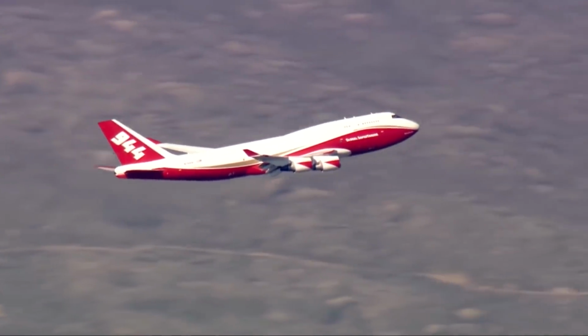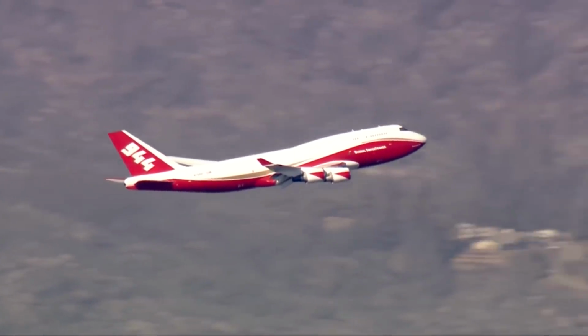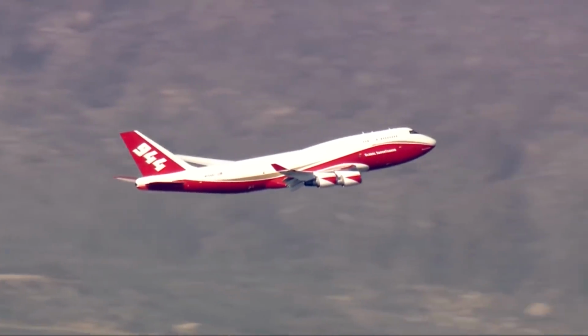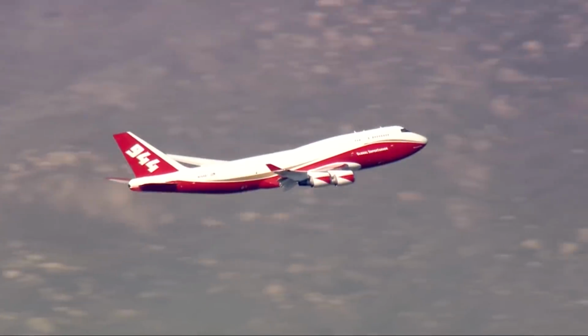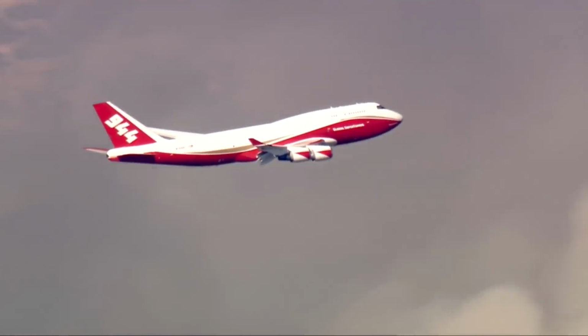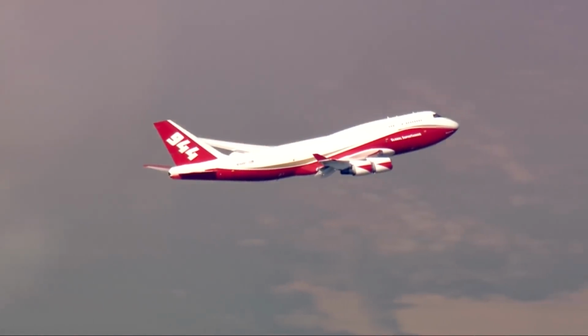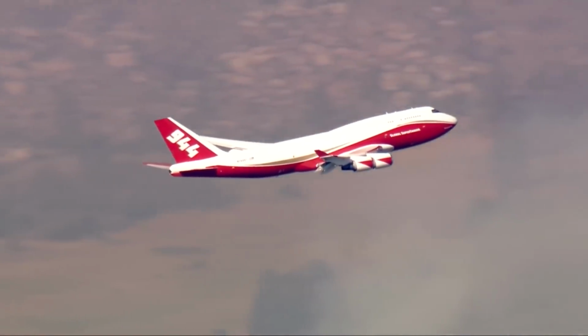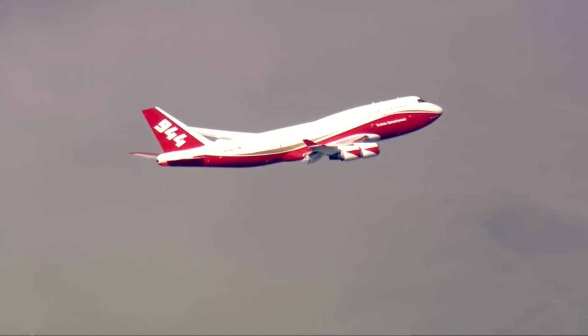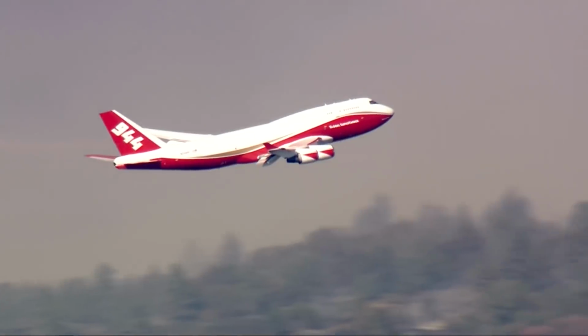Well, we're looking at the 747. It came down from the north, so I don't know if the same crew's been flying that thing the whole time, but that aircraft has been doing a lot of flying and came down from Sacramento to fight this fire, the Cranston Fire. We're going to stay tight on the plane. They said about 3 minutes for the drop. I don't know if he's just going to show up and do the drop. A lot of the other ones have been kind of circling around,